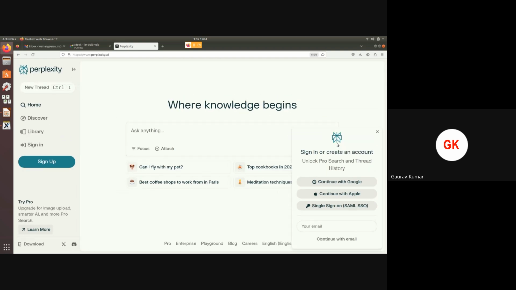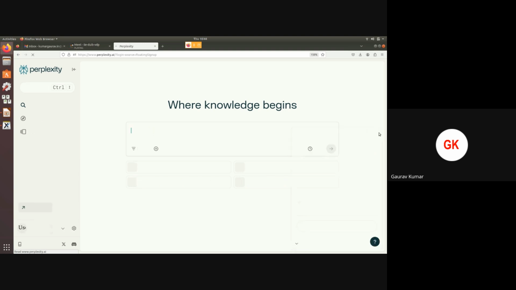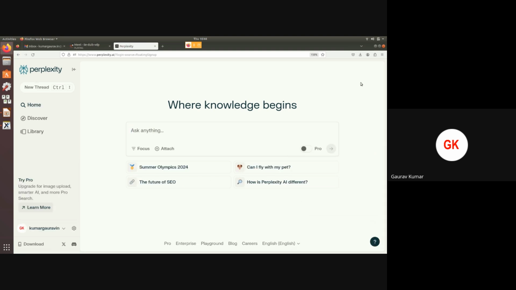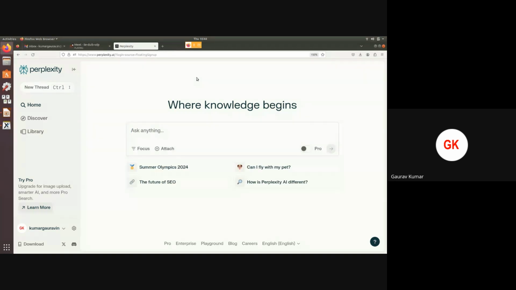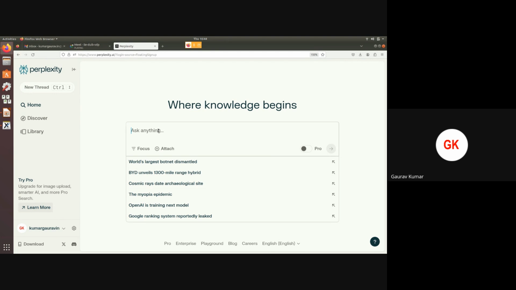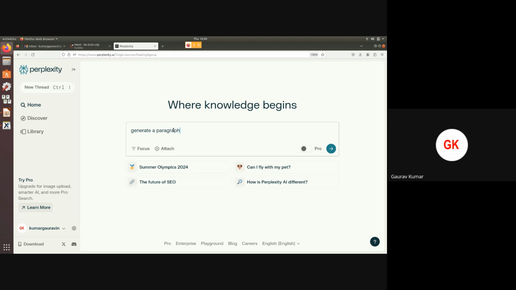This is a very popular tool, a very powerful platform for knowledge discovery. Similar to ChatGPT, you can ask some query here directly. You can put some questions, you can generate some content. For example, generate a paragraph on blockchain in association with